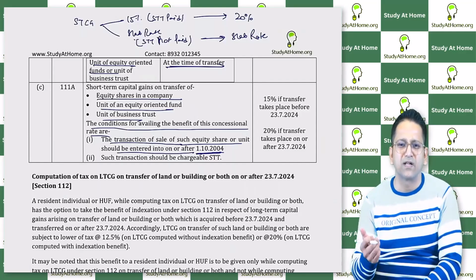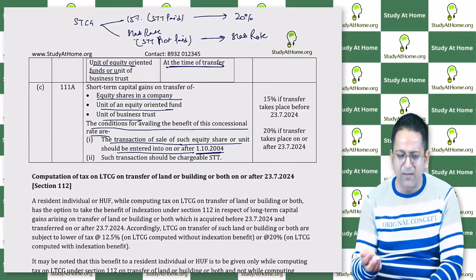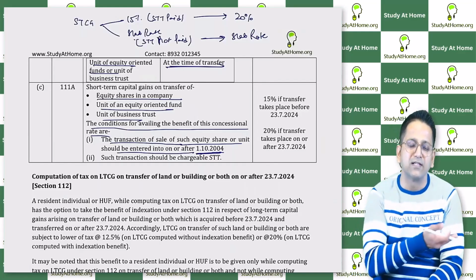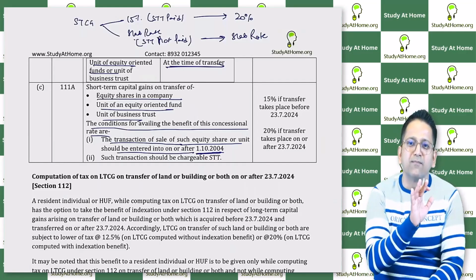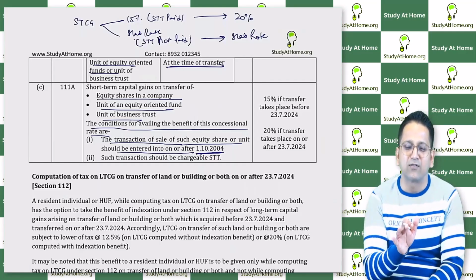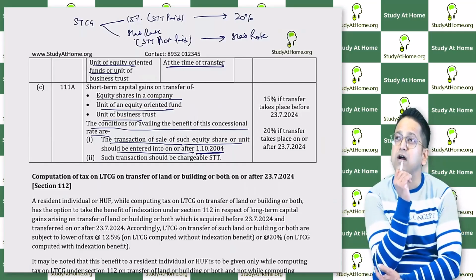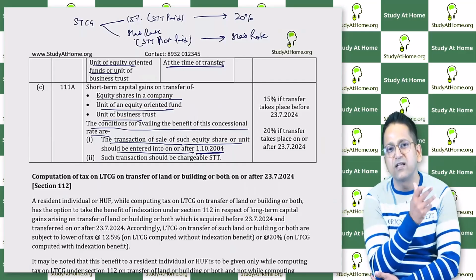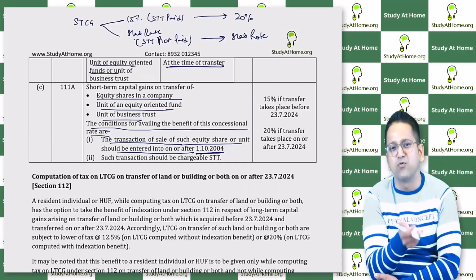And when does short-term capital gain happen? It happens at 12 months only. So when was it purchased? It must have been purchased only 1 year ago. So now it must have been purchased only after 2004. Shall I tell you the whole story in this? Whether it was purchased before 2004 or not. If it was purchased before 2004, then it will go into long term. It cannot be short term.